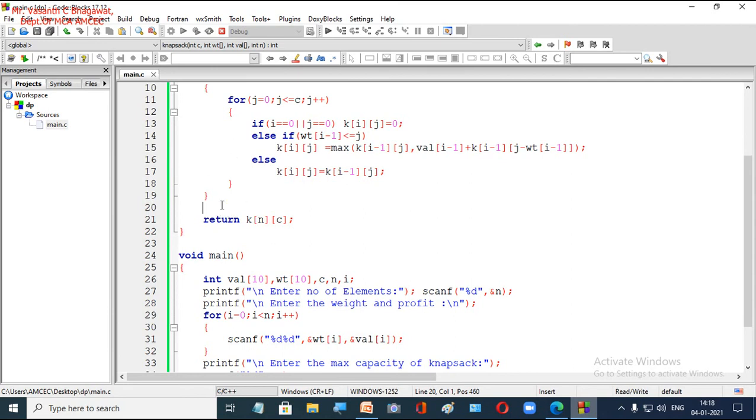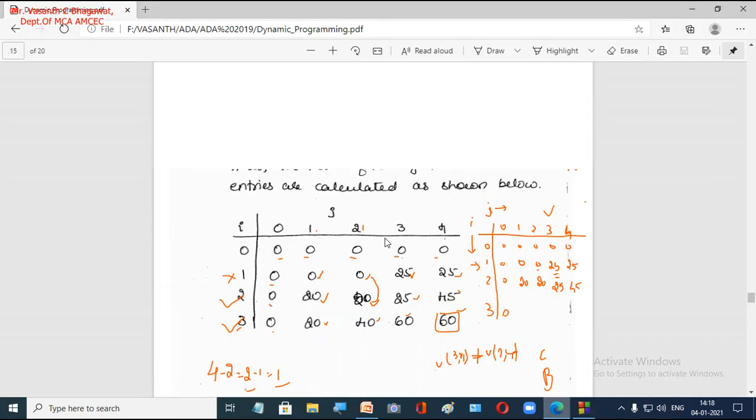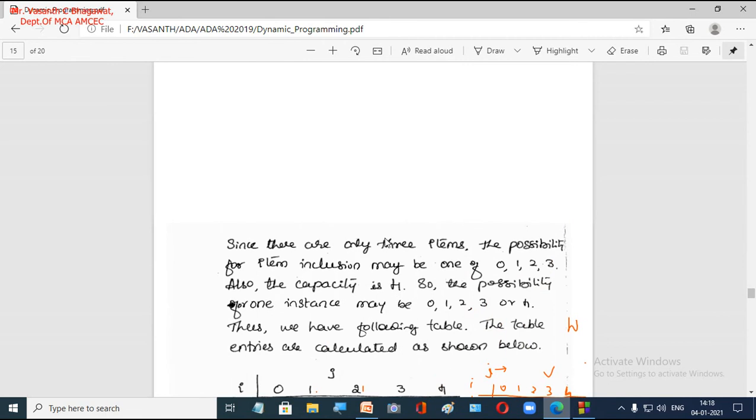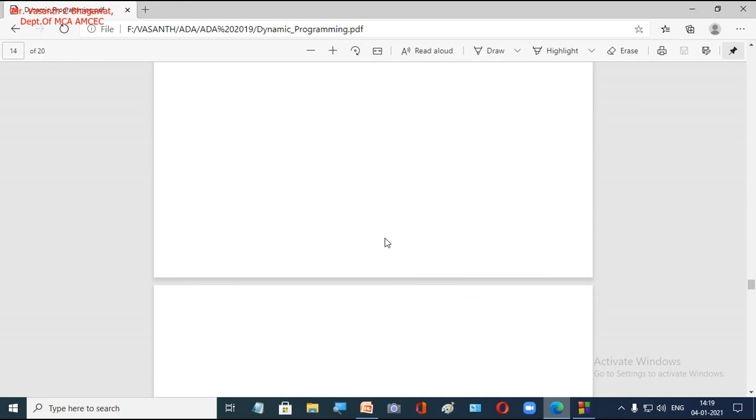Here we have deleted many lines of our coding, right? There is nothing but code trying to display this matrix. So we will see what output we are going to get. Now again we will give the same values to check, that is the 3 items we considered, right? We have considered these 3 items for this problem.